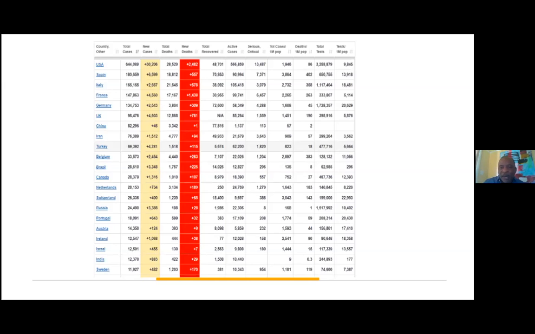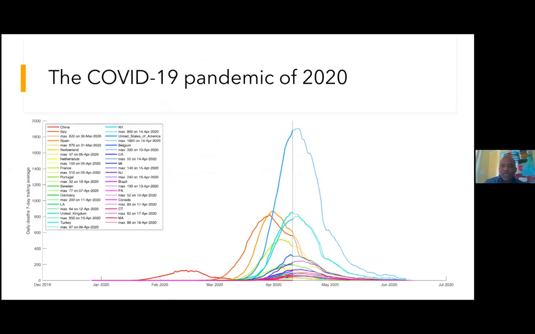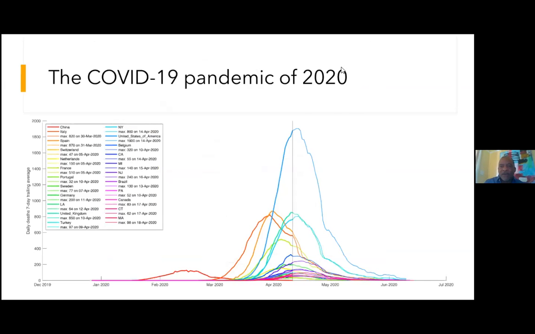That's all we know about it right now. And that's why this antibody test and all these tests are very important for anyone being able to address this problem anywhere in the world. And as you can see, there's great discrepancies between tests per million person at both the international level,